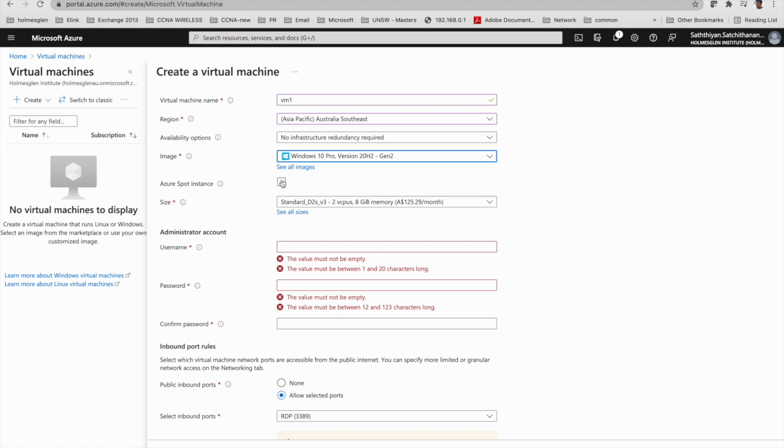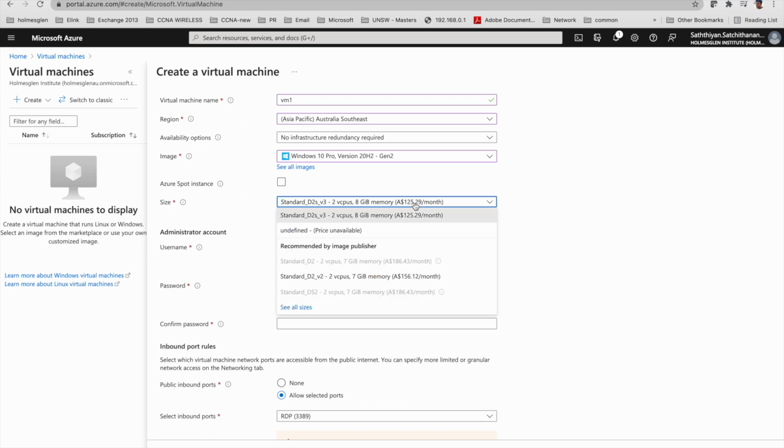You can do spot instances. They are quite cheap, right? So that's possible, it only works for the time that you work it. So spot offers unused Azure capacities at a discounted rate, right? Versus pay as you go prices. So it's quite possible to get it for a cheap price. So you can see here, this is going to cost me around $125 a month if I run this one,